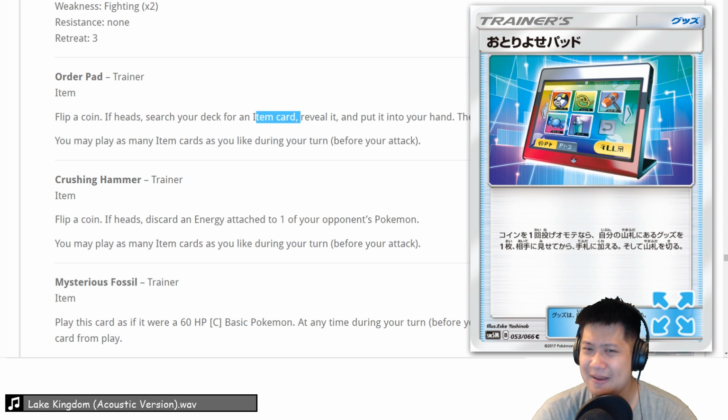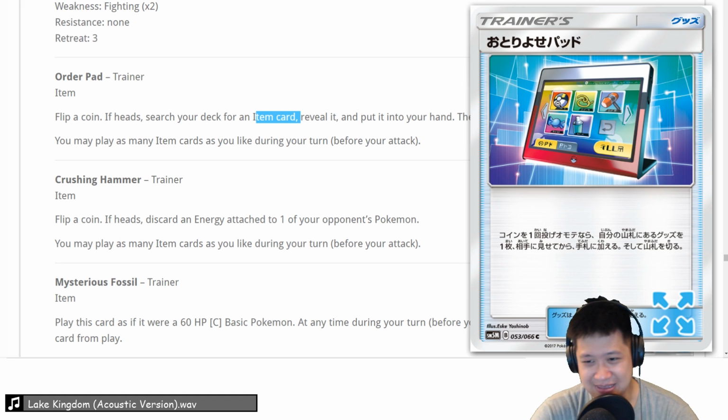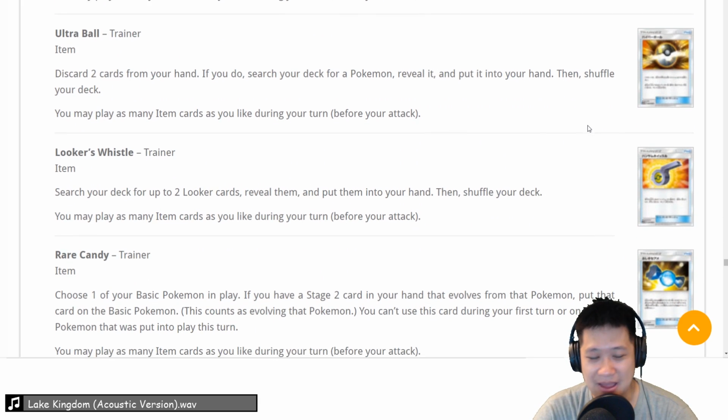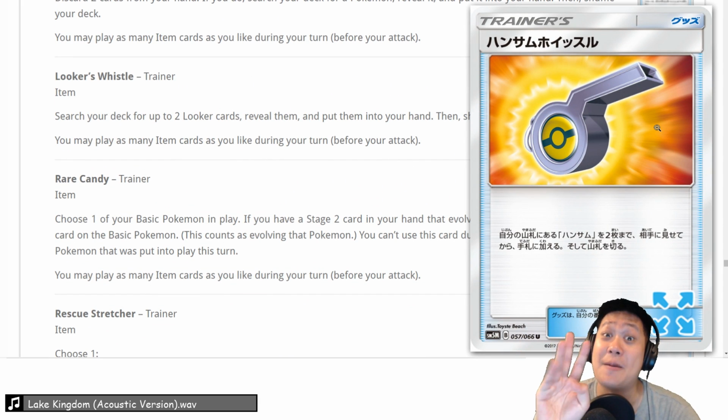It might be usable. Maybe. Hold on to that. Hold on to this one. So we definitely want to track this out. Alright, Looker's Whistle. Well, it works with a new Looker supporter where you can draw 3 cards off the bottom of